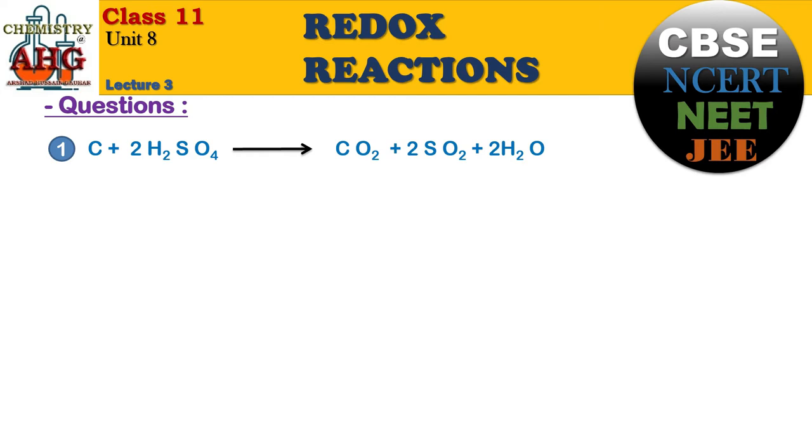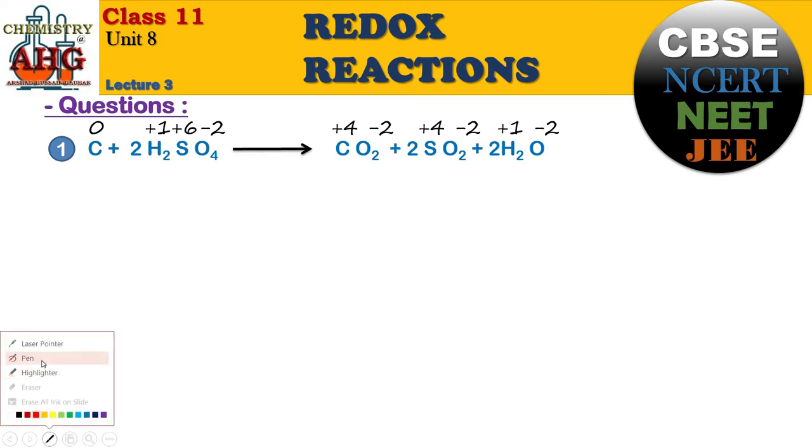If someone is having some problem, I will again request, go back, watch lecture number 2 where we have explained it thoroughly how to find the oxidation number or oxidation state of an element. Once you know, then it will become very simple. What you will do, you will write down the oxidation state for each atom present in the given compound. After writing the oxidation state, what you will look at, is there an element whose oxidation state is increasing, or is there an element whose oxidation state is decreasing?